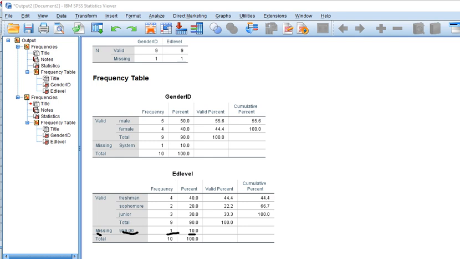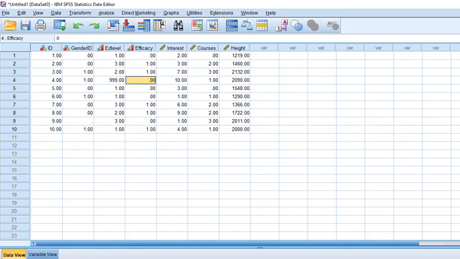If I didn't do that and I just leave a blank space, I just get missing system, and you can see that there's a frequency under that gender ID variable. So it's really up to you as to how you want to deal with the missing data. If you're entering a lot more data by hand, or there's a high likelihood that you could end up with